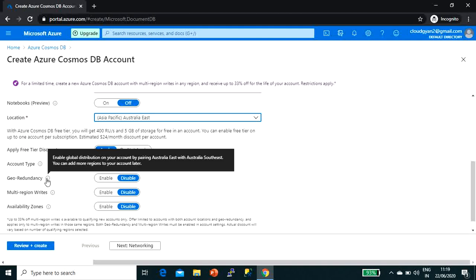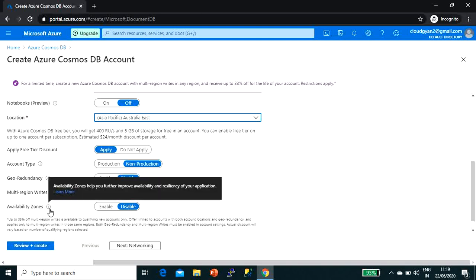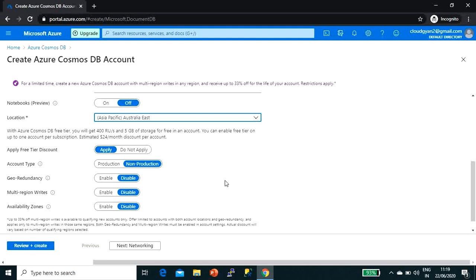Geo redundancy, multi-geo redundancy and the availability zone, these are very important in terms of building highly available infrastructure for this Cosmos DB. Geo redundancy means you can have the data replica of this particular Cosmos DB in other regions also.